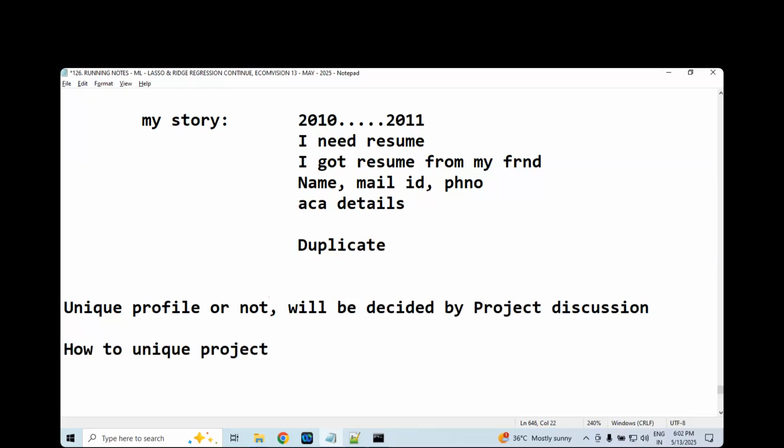There are many ways. The first one: if you are really comfortable with Kaggle, you can create a unique project from Kaggle. That's still possible. The next option is research papers. You can create a project from research papers. Is it possible? Let me show you one example. I will explain what I mean by research paper. Maybe one day I will take one session on it.